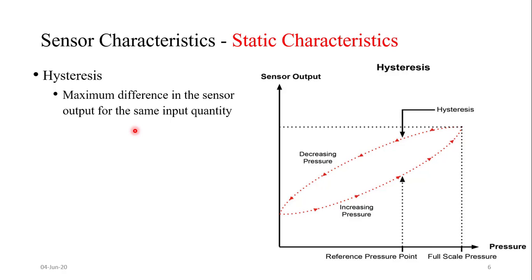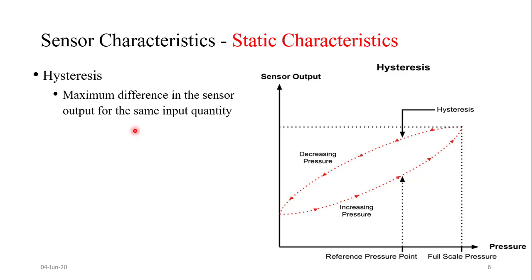For example, if you are measuring a diameter, let's say it's 25 mm. Once you measure, it comes out 25.1, 25.2, 25.3. So the measurement is different, with a minimum and a maximum value, correct? The difference between the 25 mm and the maximum value is called your hysteresis. Let's say the maximum value you got is 25.5. So 0.5 is your hysteresis.